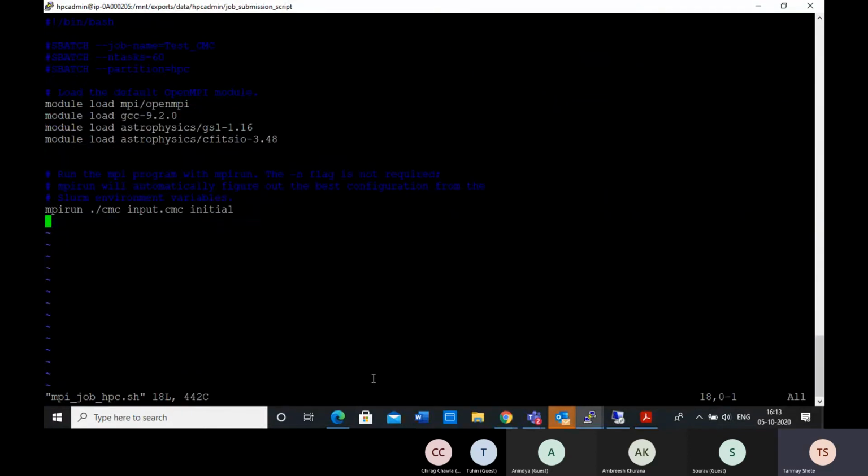Now this is a typical MPI Slurm job submission script. Again, very similar to PBS. So #SBATCH, if the line starts with #SBATCH, it is some command to Slurm. For example, this is the job name. Are you able to see this blue text? It's a bit hard to see on black. Yes, it is not that clear actually.